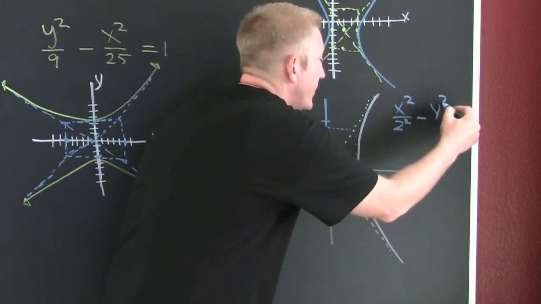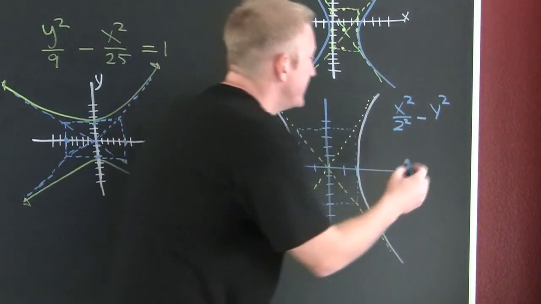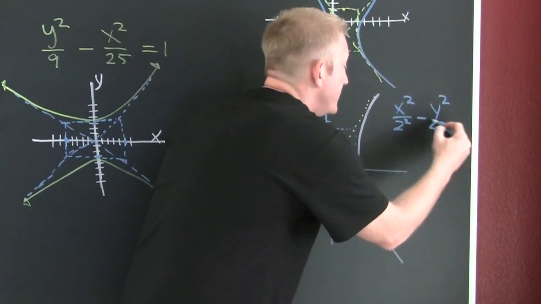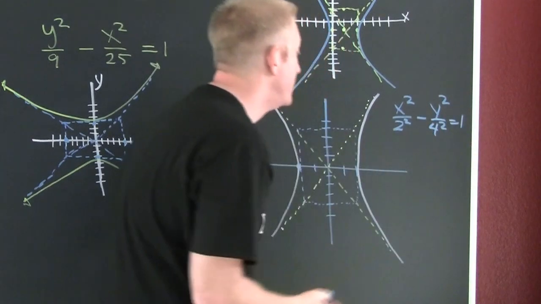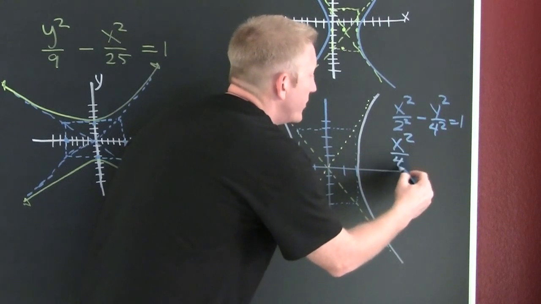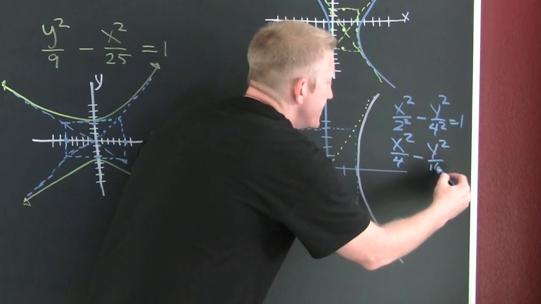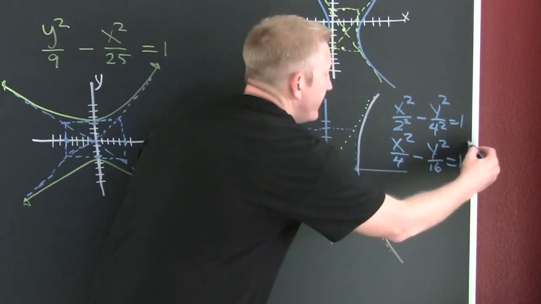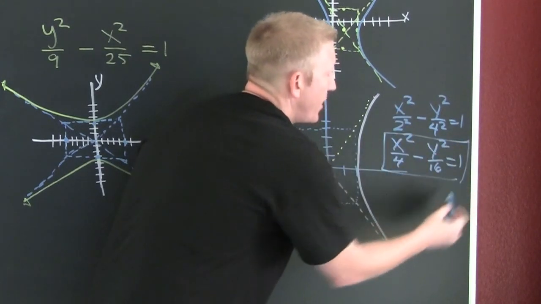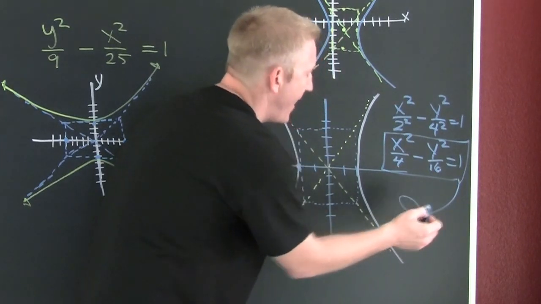Then it's y squared over... how far does it deviate there? 1, 2, 3, 4. 4 squared. So x squared divided by 4 minus y squared divided by 16 is 1. You're done. Last box of the day. But this one has a flat